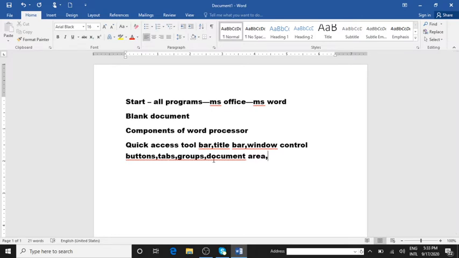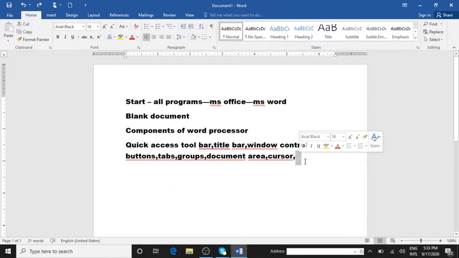So after this, children, can you see the cursor blinking over there? The mouse cursor blinking? Yes, that is what is called a cursor. If you place it here also, it will start blinking. Wherever in the page you want, you can just put it. See, it starts blinking. Fine, so that is the cursor.